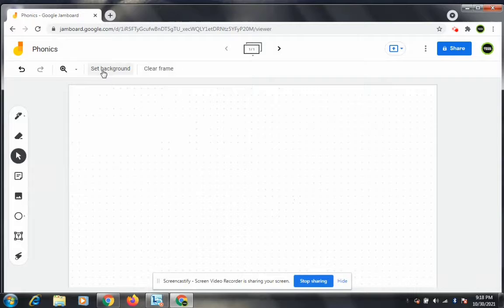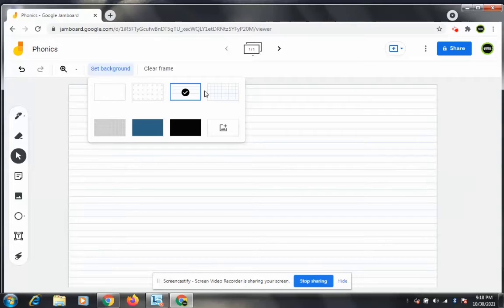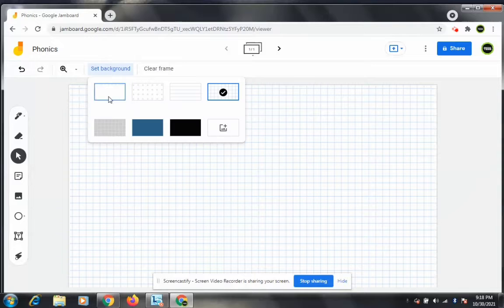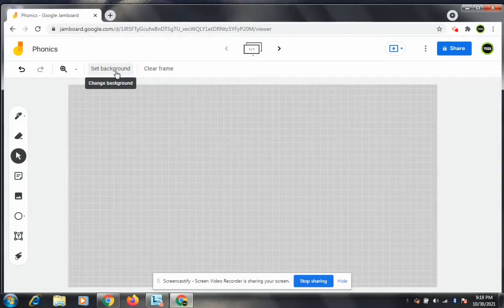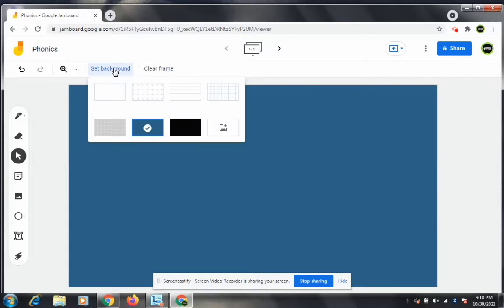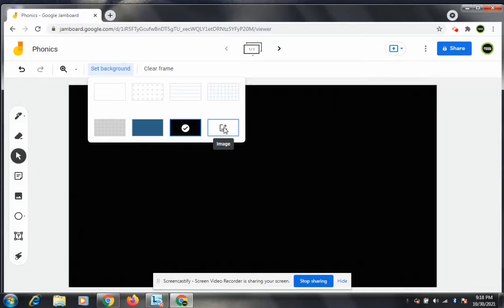So here's a dot background. Then we have a lining. You can use it for teaching Hindi or for teaching other subjects if you're teaching using this app. Alright, we have the grid lines. Then we have this one also, a simple blue background, a simple black background, and at the end you can see